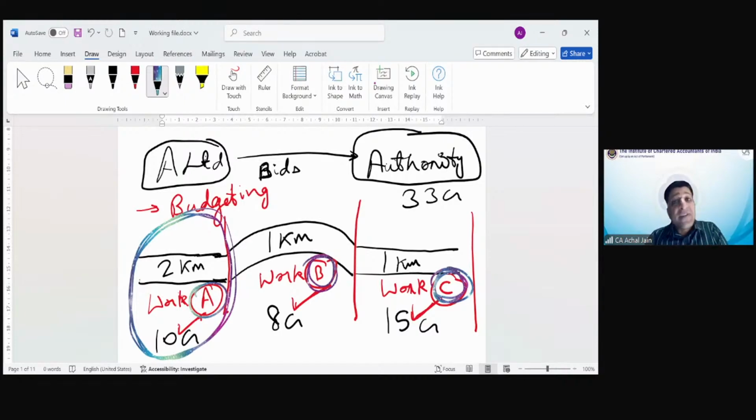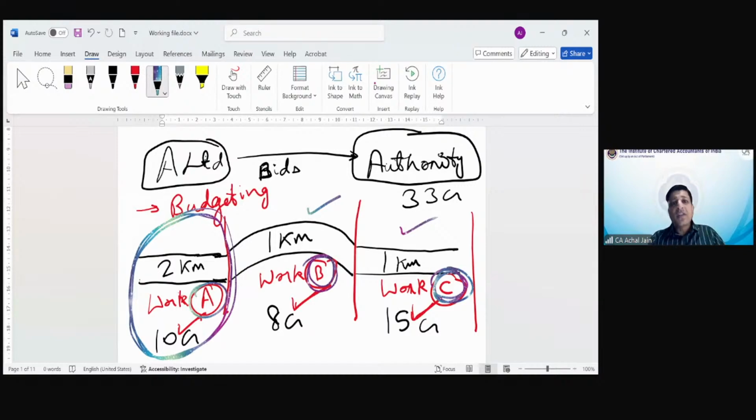But if in case after completing contract A, the authority says no, A Limited will also have to complete contract B, contract C, otherwise the payment will not be given. Or if the payment is given, that will be called back. Then what do you call it as? They will be interdependent. They will be interlinked to each other. Why? Because even though legally in an administrative manner, three contracts are executed, if you look at it from the perspective of both the parties, they are considering it as if it's a single contract.